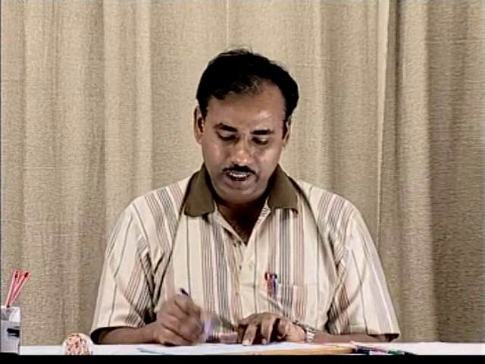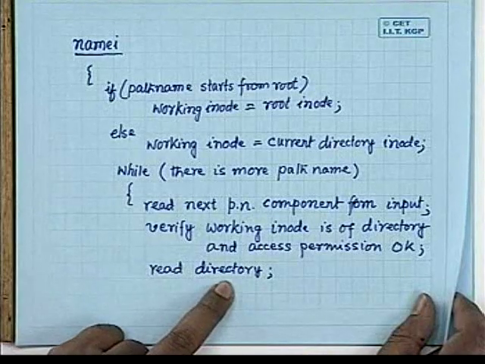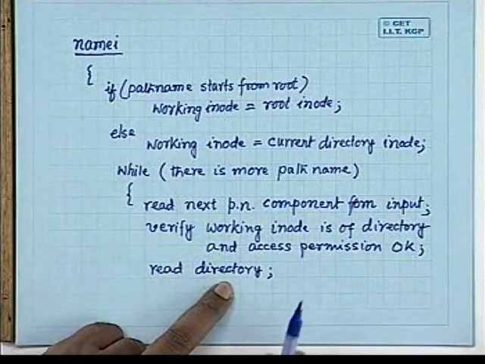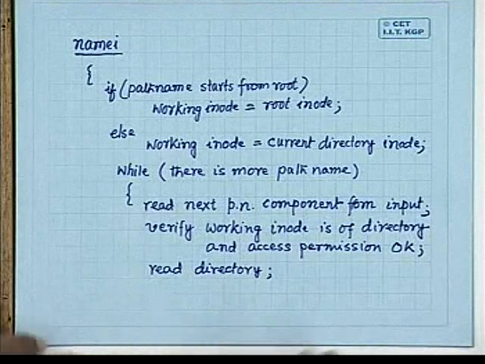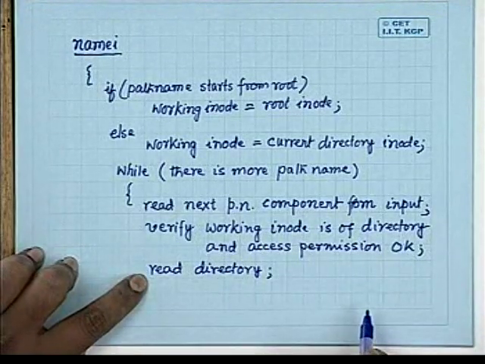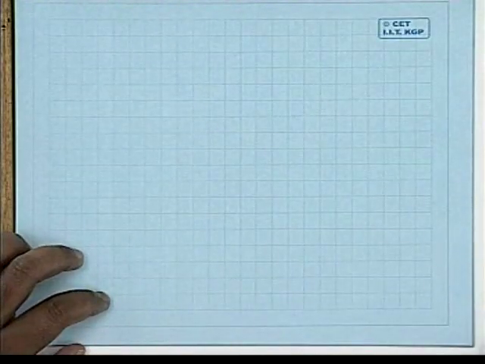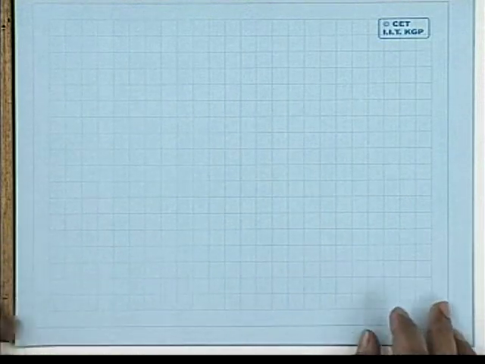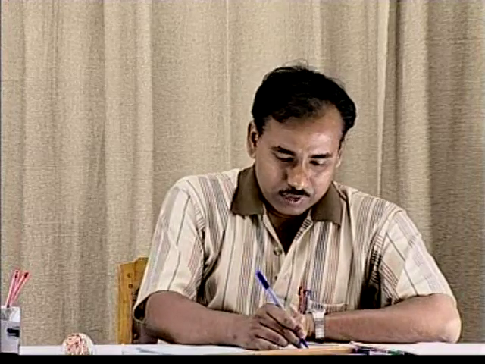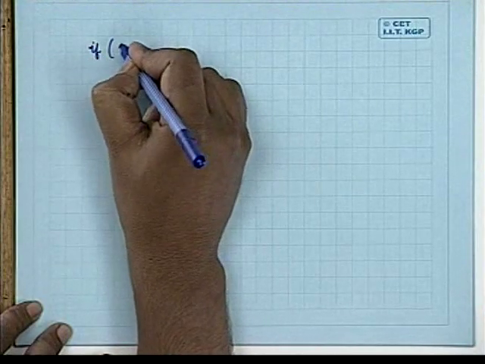Okay. So here we read the directory. You can read the directory provided you have the necessary permission. And obviously for reading the directory you have to invoke the algorithm of block read. Okay. So once you read in the directory, then you have to search for this pathname component in this directory. So you have to see that if component matches